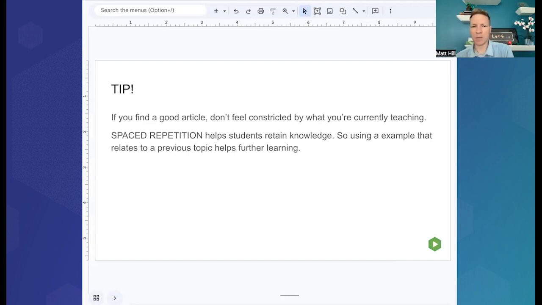Don't be shy about using it. Or even if you're going to cover it later, I often will, if something happens, I'll bring it into class, like, hey, we'll cover this later, but let's just talk a little bit about it right now. Okay. Oh, you have a news section.